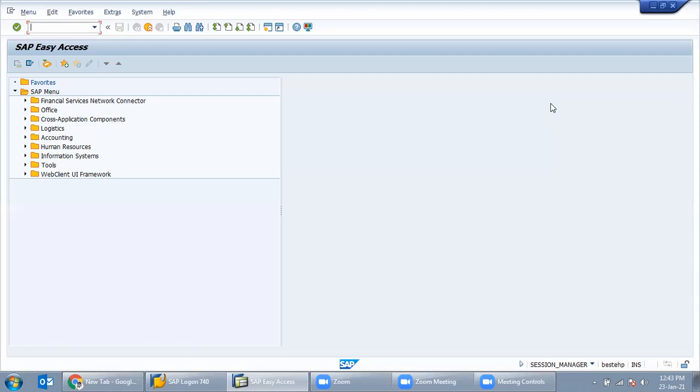Now the end user who is trying to create this purchase order, who is this end user basically, is my question. The end user is a person who works in the purchase department. Those 5 people working in the purchase department are the end users. Okay, you can say that, sir.